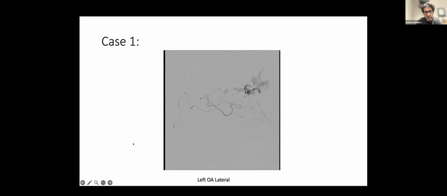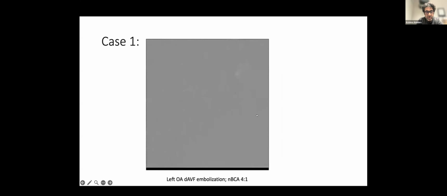Here, this is just a Prowler 10. You can see the level of the fistula, and this blind-ending venous pouch. Here we used a 4-to-1 glue. Here's the glue shot. We were wedged. We were able to slowly dribble glue anterogradely into that residual venous pouch and occlude the level